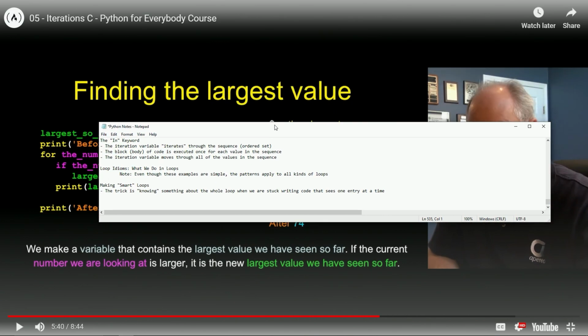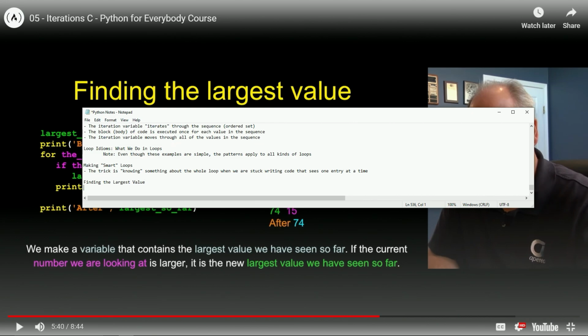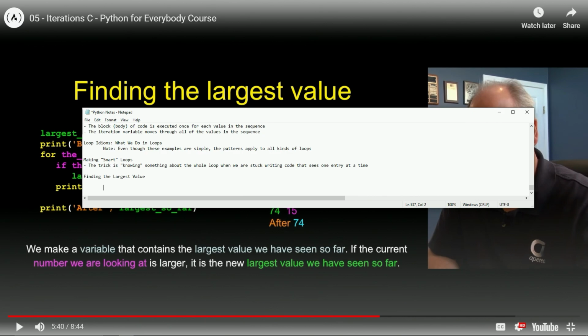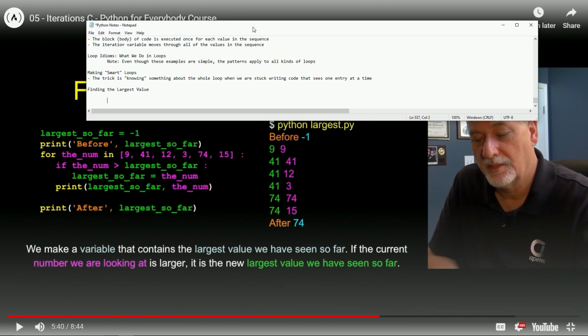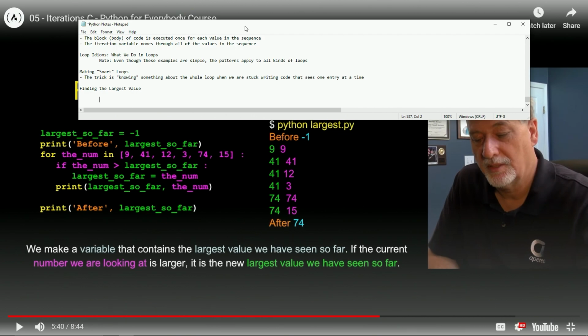What does this say? Finding the largest value. All right. We'll start here with a little tab over, and we'll say largest_so_far equals -1. So we're declaring this variable largest so far, and this is another reason we want to type it out, because we want to get used to this